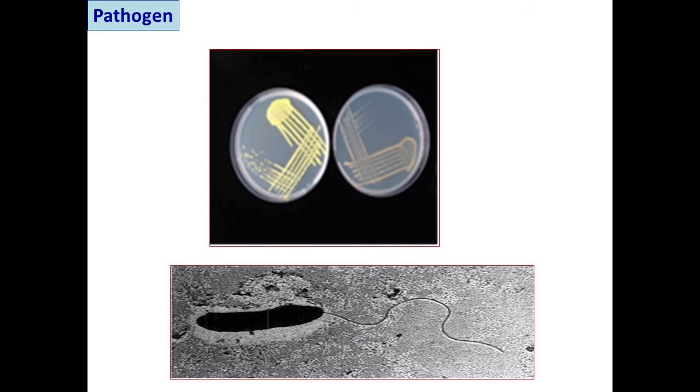So we have to collect and destroy all the infected plant debris outside the field. Then rogue out all the volunteer cotton plants and weed hosts. These serve as a reservoir host for the inoculum, so such plants should be rogued out and destroyed outside. Then for crop rotation, if you grow cotton in the current year, then in the next year you have to change the cropping pattern. You may grow cereals or you may grow pulses to break the life cycle of this pathogen.